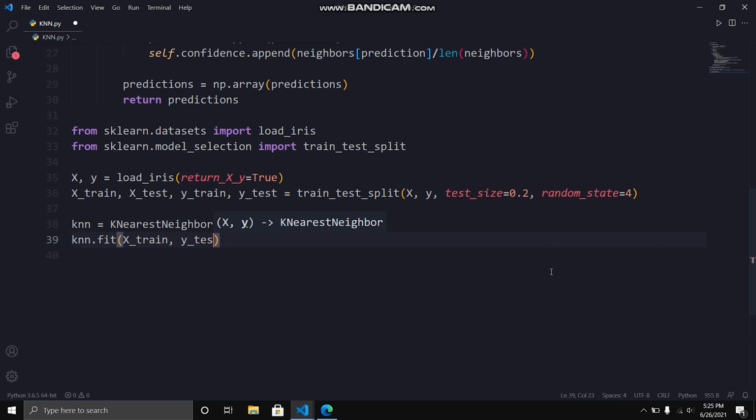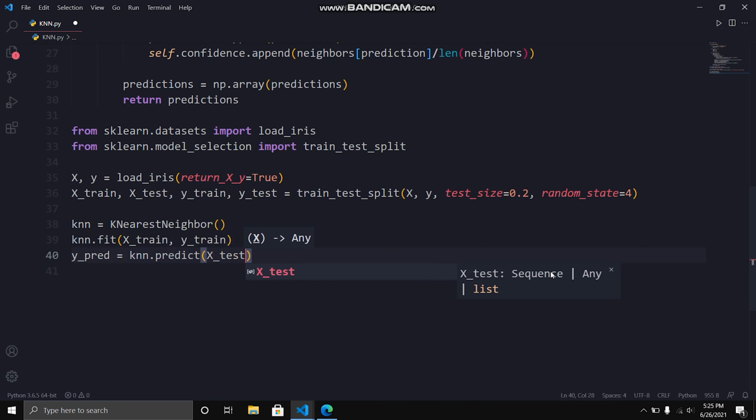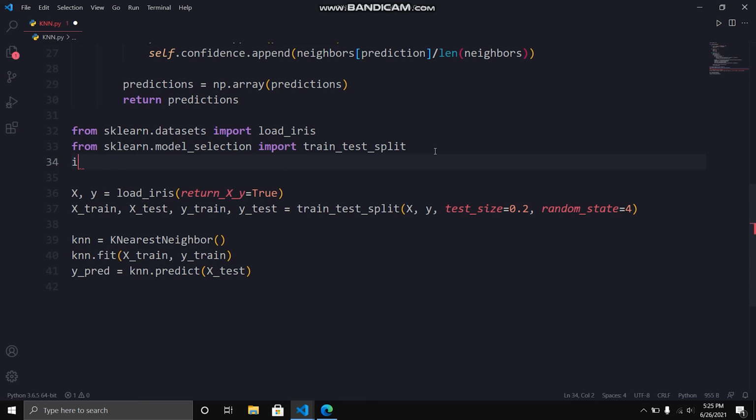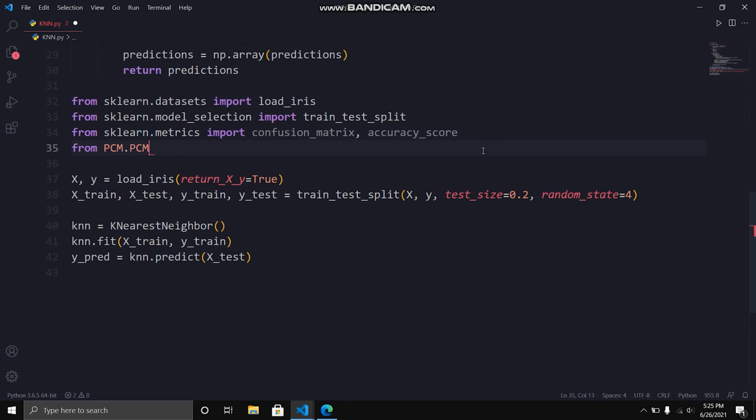I will now fit the data into our KNN algorithm and then pass the test set for prediction and store the returned prediction in ypred. So now we can calculate the accuracy using confusion matrix, and I will also print the accuracy score.